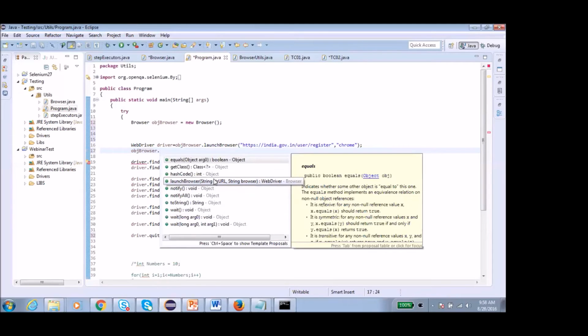Other methods are by default given by Selenium. This method launch browser, string URL, string browser we have created. So whatever all methods we are going to create in the browser class, all methods will get populated once we press dot. So as you can see in the above line, object browser, I have selected the launch browser.